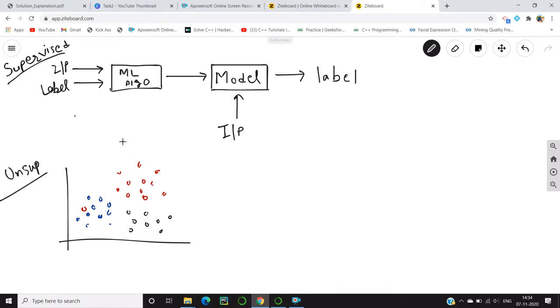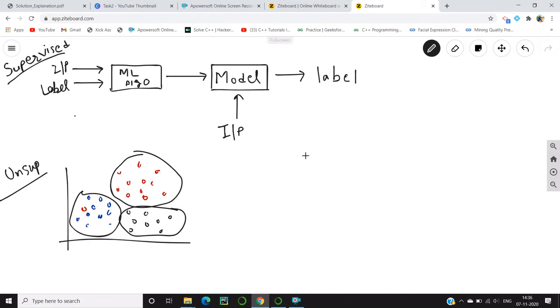In unsupervised machine learning, what we do is we try to find out a pattern in given data. We only have data in unsupervised machine learning and our goal is to find some pattern in that data. Here you can see we can make clusters of these data points together. Like this is the second cluster and this one is the third cluster. So this comes under unsupervised machine learning. And the third type is reinforcement learning. We are not explaining that in this video.